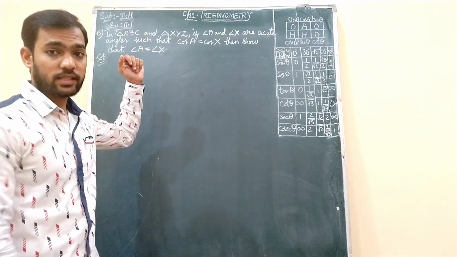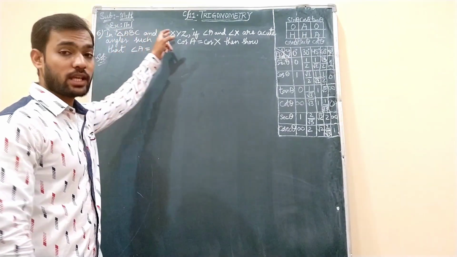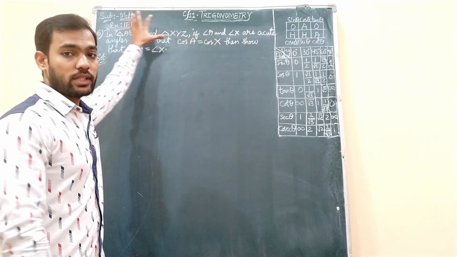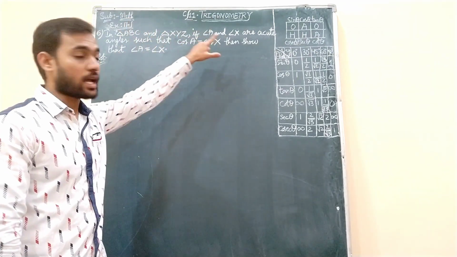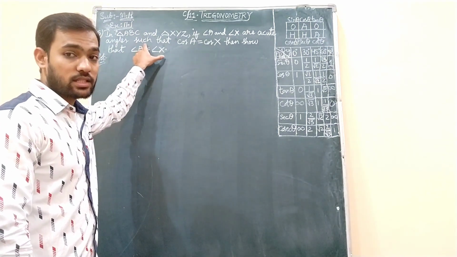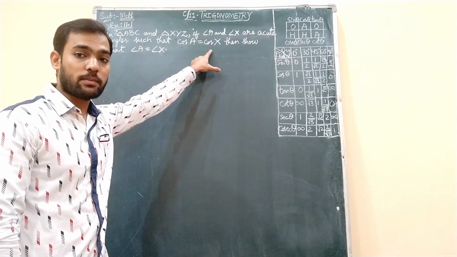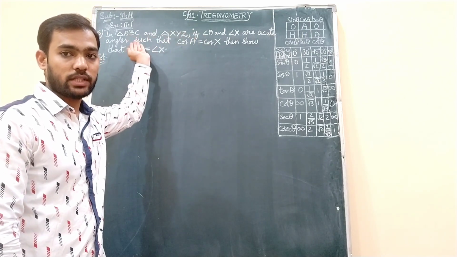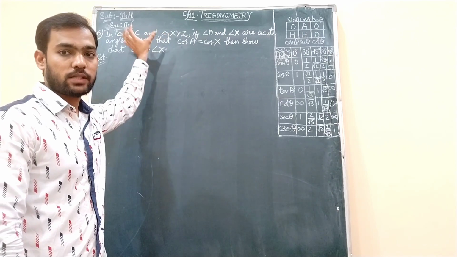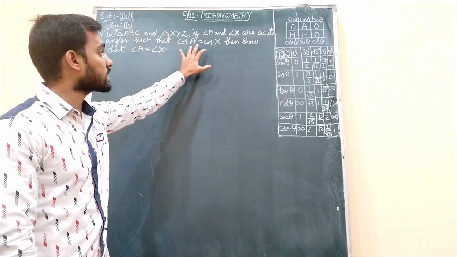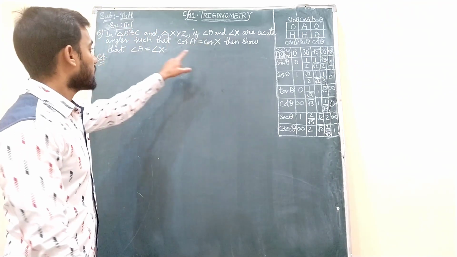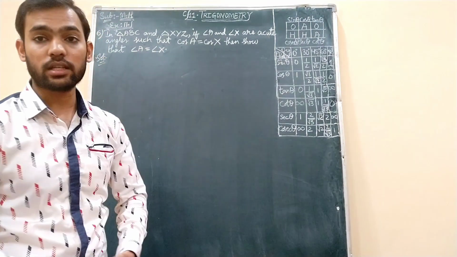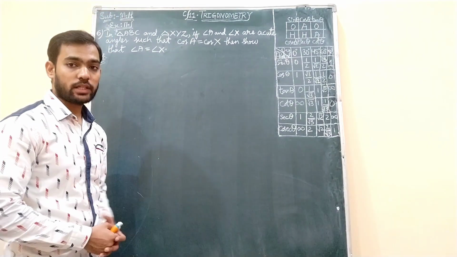Question number 6 of exercise 11.1 says that in triangle ABC and triangle XYZ, there are two triangles involved over here. Angle A of this triangle and angle X of this triangle are acute angles and such that the cos A value is same as cos X value. The two ratios are equal. Cos ratio of this triangle with respect to angle A and cos ratio of this triangle with respect to angle X are equal, he is saying. We need to show that angle A equals angle X. We need to prove that those two angles are equal. So let us proceed how to do this one.